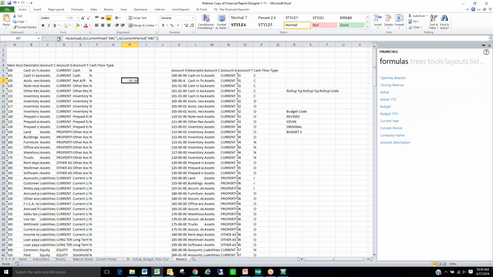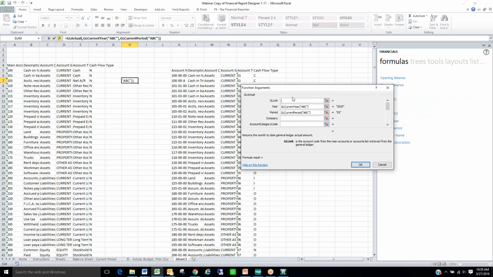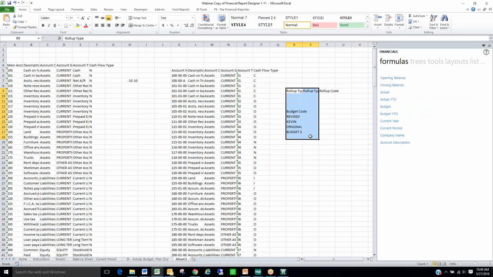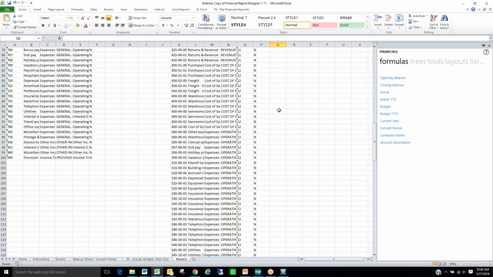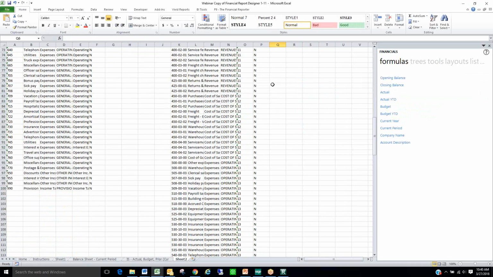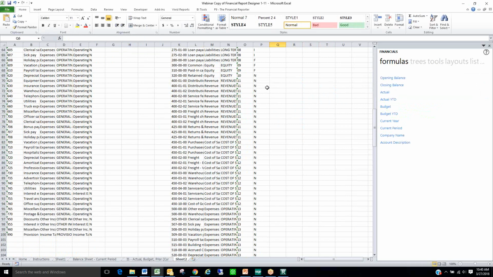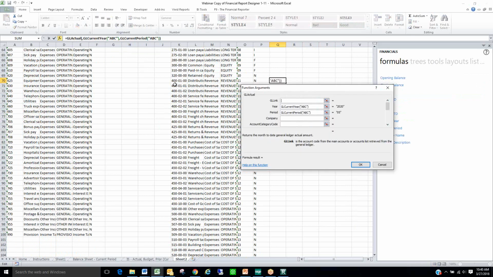the account, and then if I use the editor and I'm going to use the GL link here, actually we're going to cancel that. We're going to come over here and delete this. I want to show you just briefly how that formula works. So I'm going to actually put a balance here and we're going to go down. We're actually going to use a revenue account here. So I'm going to actually drop this actual balance formula in there, and then I'm going to come up here, and if I look at that, and you can see here with my GL link, if I link it to that account,